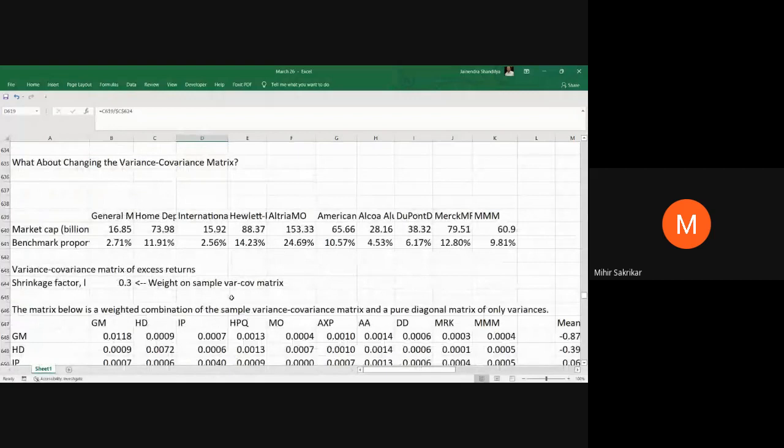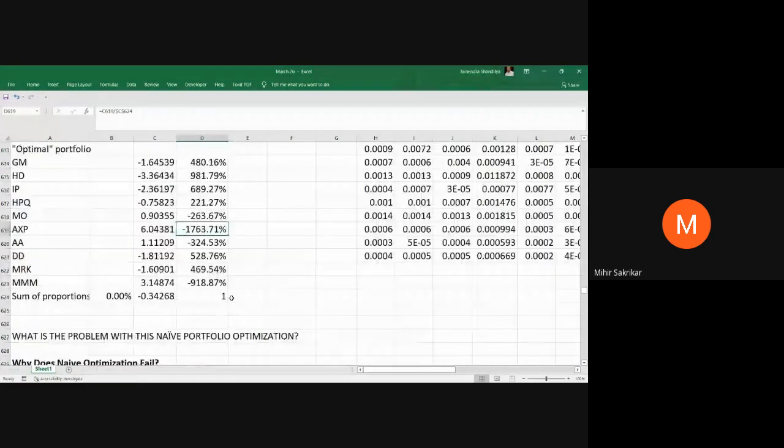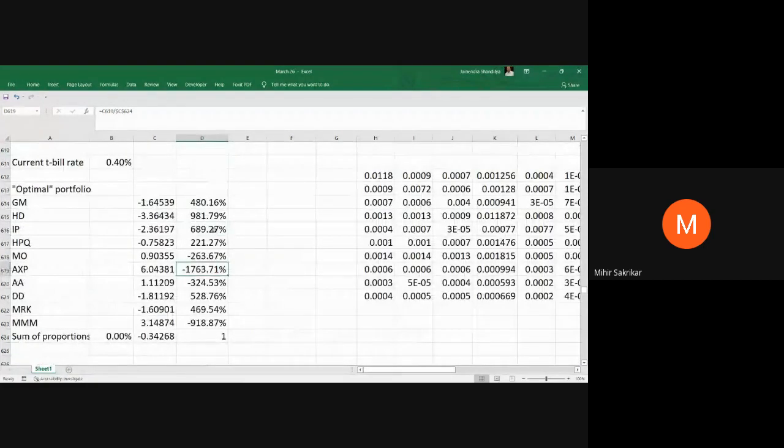Sir, I had one doubt regarding the portfolio weightage. How is it exceeding 100% and negative 1000%? I'm not able to interpret it very carefully. Yeah. So if you sum it up, it's coming to 1, right? Yes, sir. So what it means is, for example, if you have 1 crore, you buy 4.8